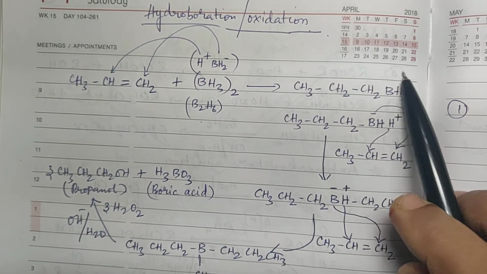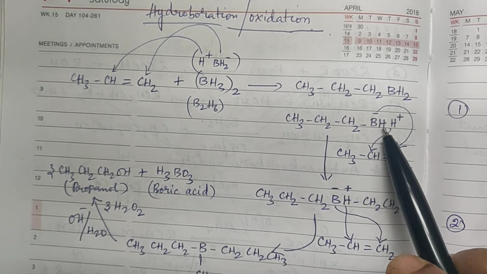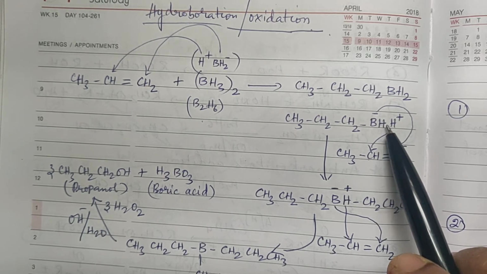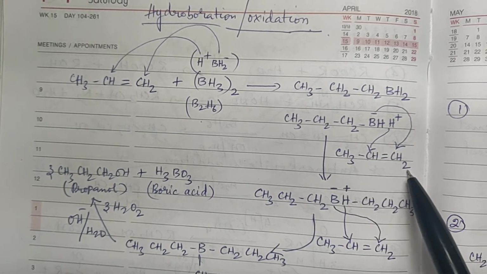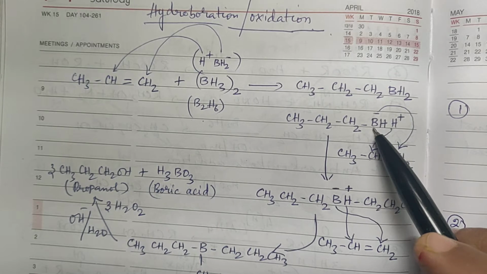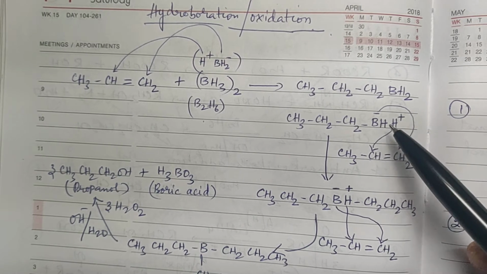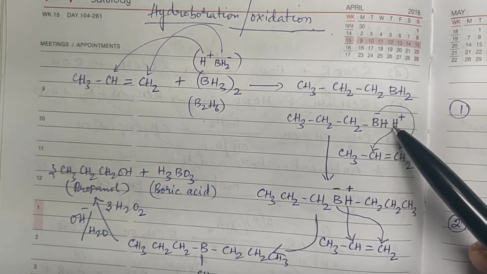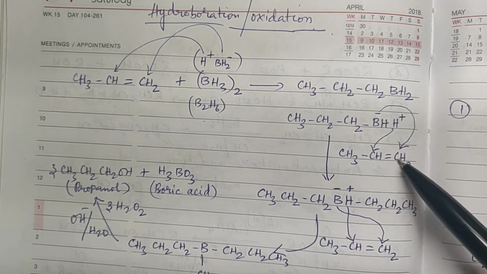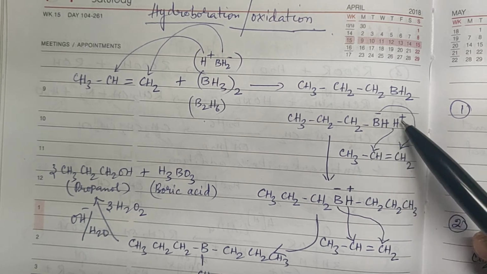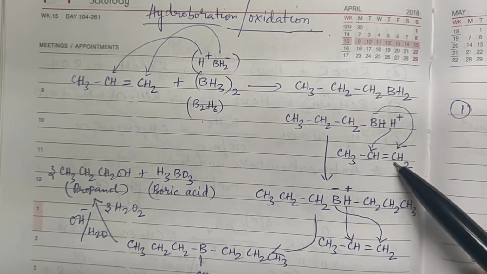So, this part is going to split in the form of BH minus and H plus. I told you, as long as there is hydrogen attached to boron, it will get added on to another molecule of propene. So this propene is getting added now. Now this BH minus part will get added on to that carbon, H plus will get added on to this carbon, and BH minus will get added on to this carbon because of anti-Markovnikov addition.